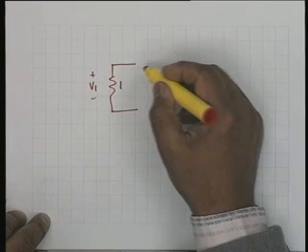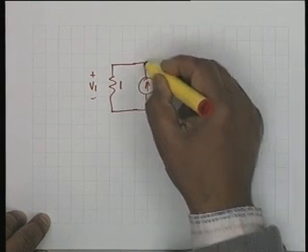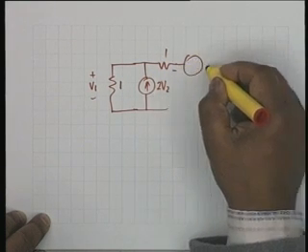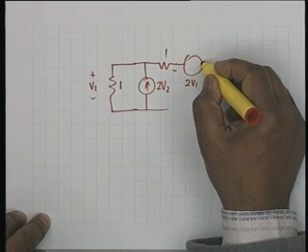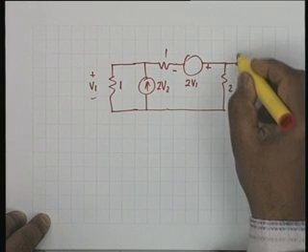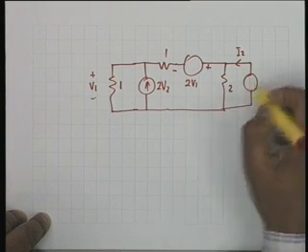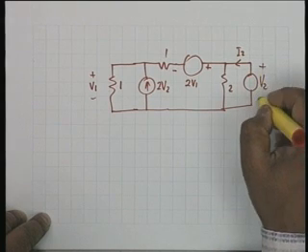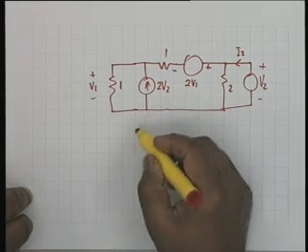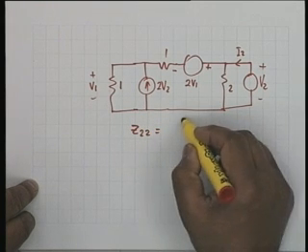Port 1 is open circuited, then you have a 2 V2 and then 1 ohm, the source minus plus 2 V1, then you have an I2. You have to calculate Z22, so you connect a voltage source here, V2. All you have to find out now is, I1 is 0, therefore Z22 is equal to V2